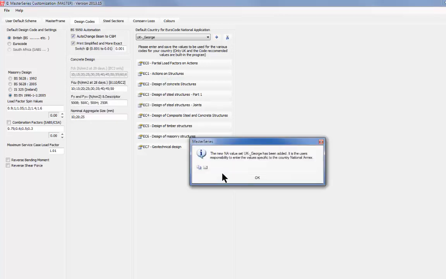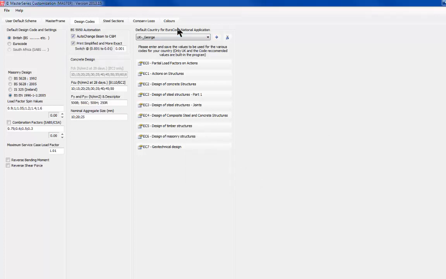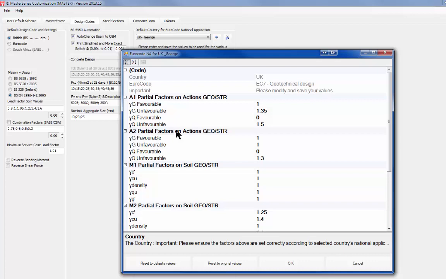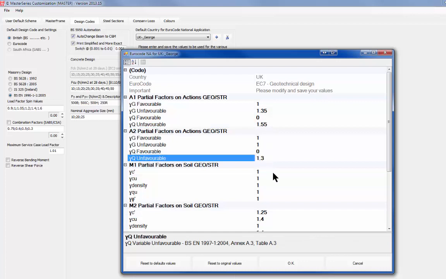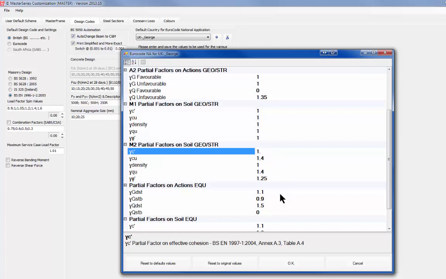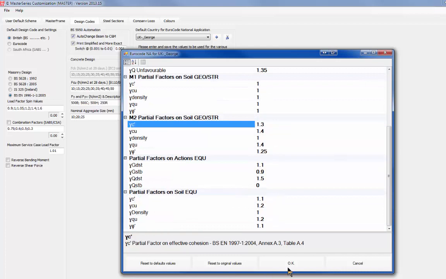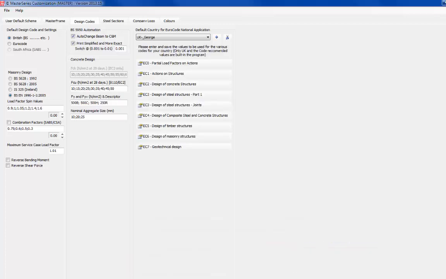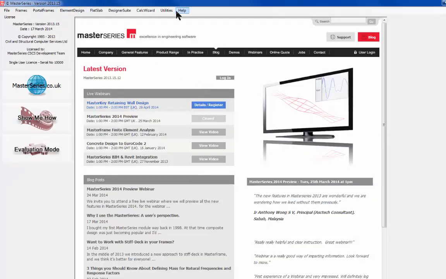So what that does is it takes a copy of, in this case, the UK. But now that we're in George, we can come along and say unfavourable, I fancy 0.55, and unfavourable, I fancy 0.35, and I fancy 0.3. Hopefully that's conservative. And then once I've done all that, I'm going to save these, and I'm now going to come back into my design,